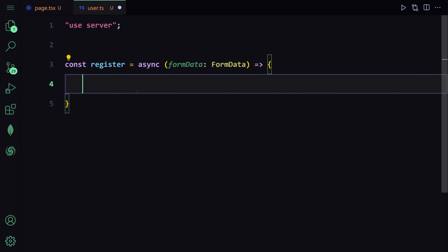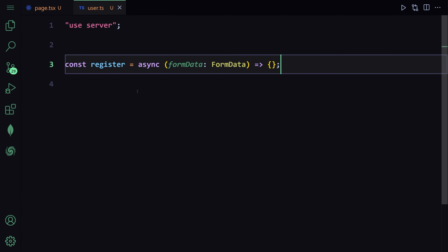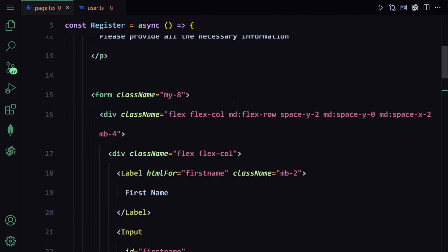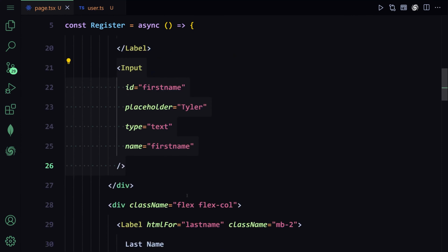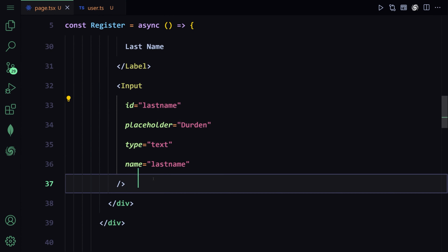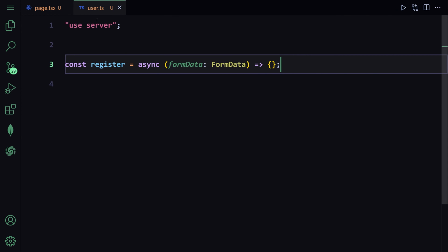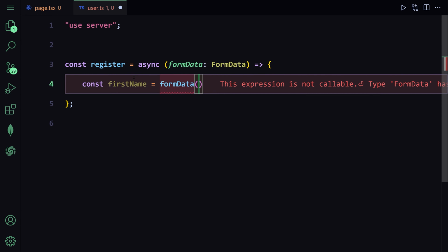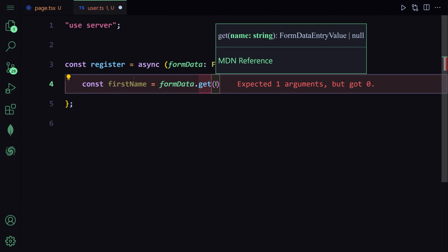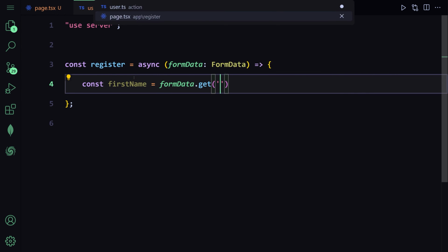Okay, so that's there. But now let's suppose here is the question: how in the world am I going to get this value, the value from this input, also from this input, and how am I going to pass that to this register server action? And the answer is we are going to have to use this form data. So now let me just use const firstName equals the form data, and now we have to use the get method on there. And now this get method will take one argument, and we're going to be passing the name